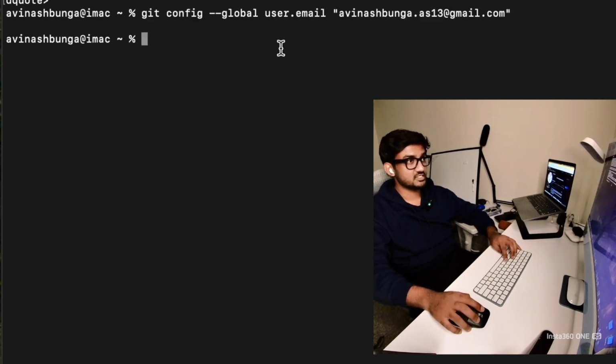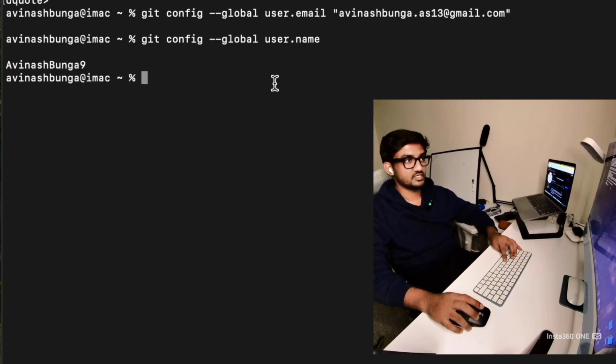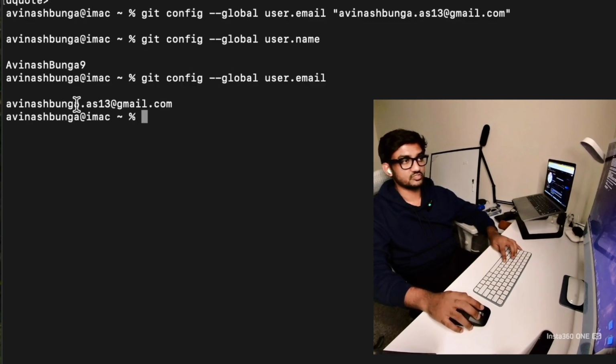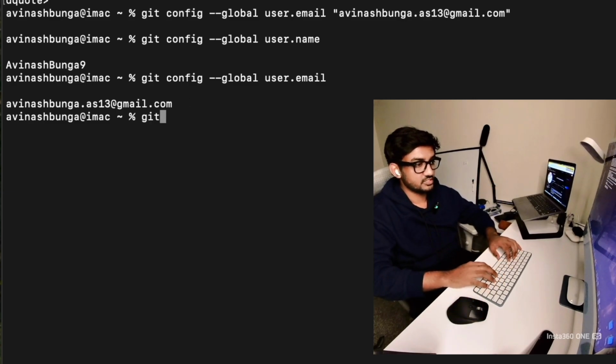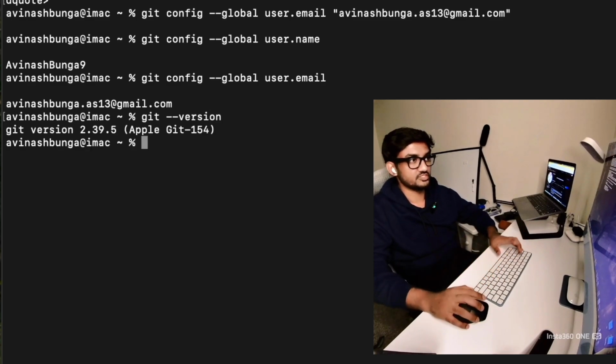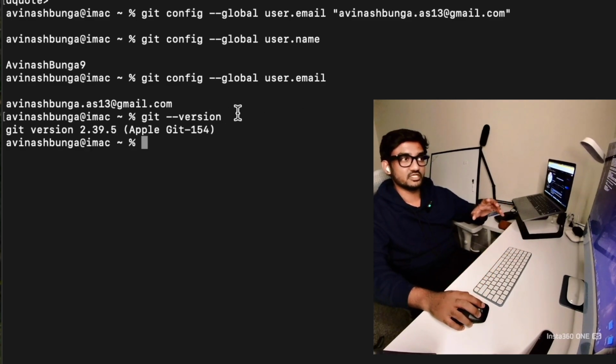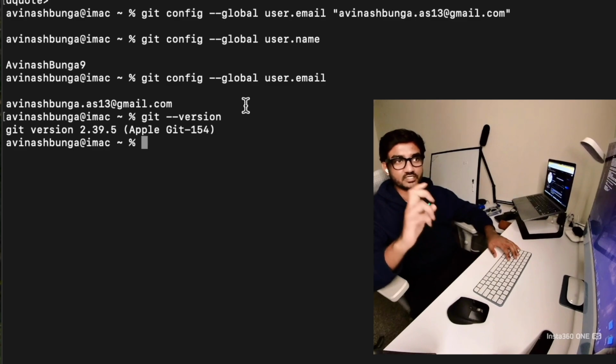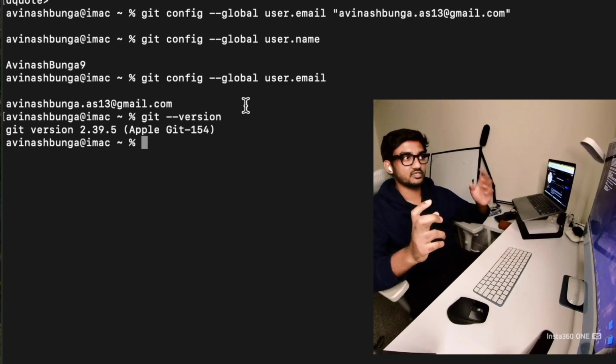So using this command, we can actually check the username, and with this command git config --global user.email will actually give you the email. So this way you know the Git is now linked to your GitHub. That's it, simple guys. So git --version to again check which version is running. That easy to install Git on your laptop. The next video is creating repository and linking your files on